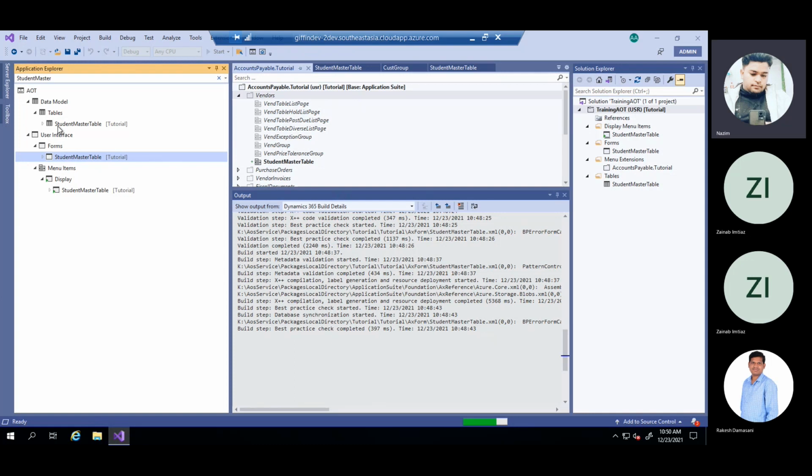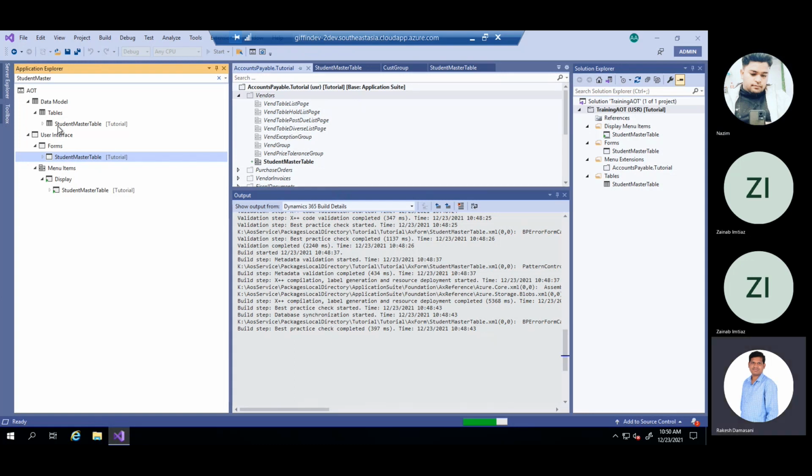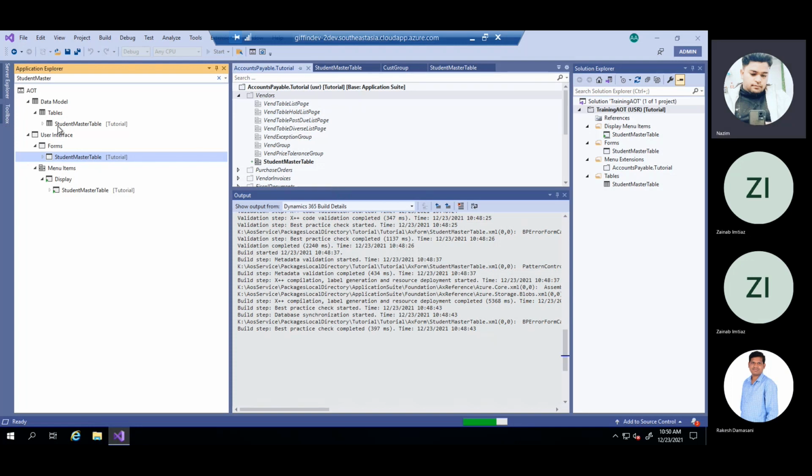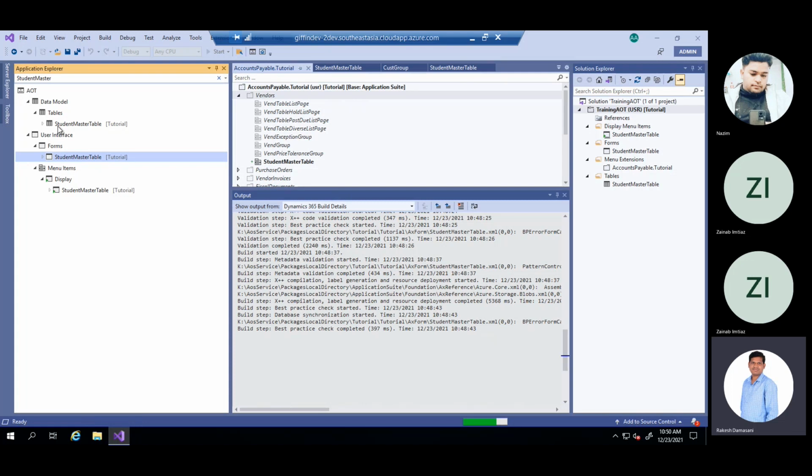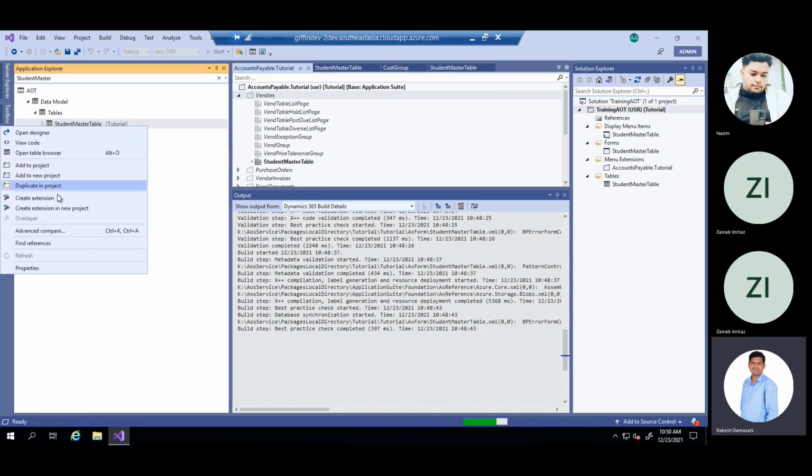How to create a menu extension, sir? Menu extension is not required right now. Any object extension you can create just by right clicking on that object and you will get the option create extension.